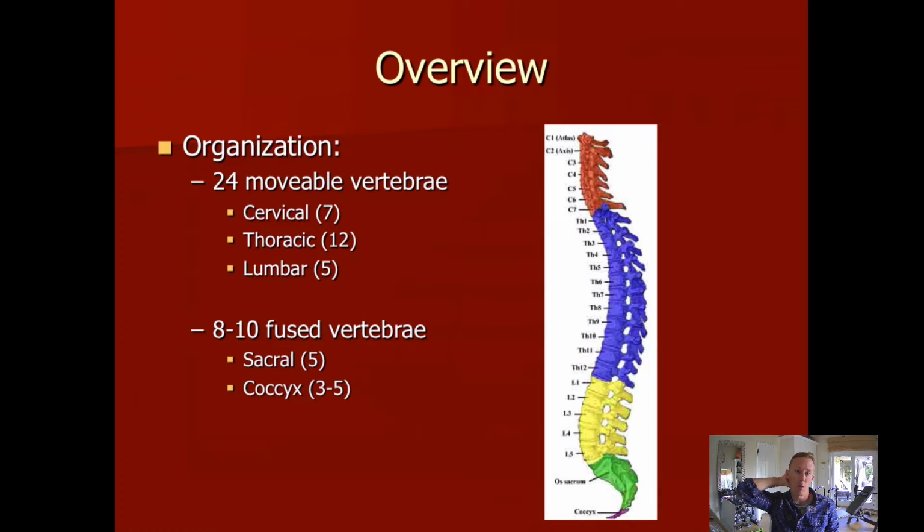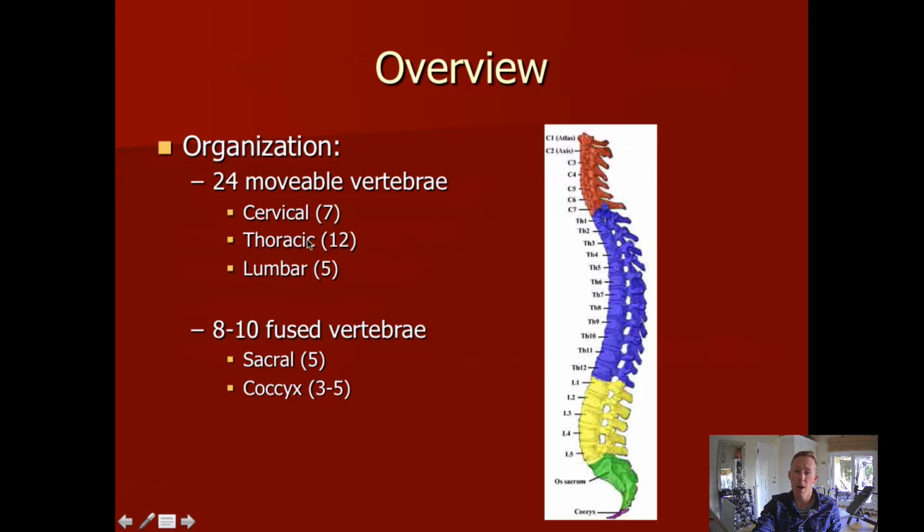There's 24 movable vertebrae, and those are going to be these first 3 sections: our neck or cervical spine, the mid-back, the 12 vertebrae of the thoracic spine, and then the 5 vertebrae of the lumbar spine. Those make up our 24 movable vertebrae, and you can see they're broken down here by how many vertebrae in each section. So we've got 7 vertebrae in the neck,